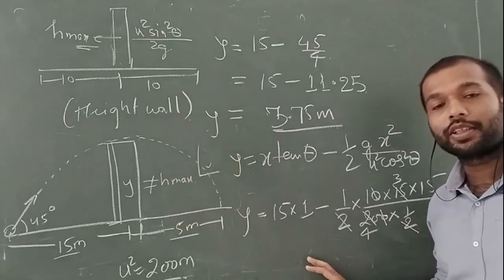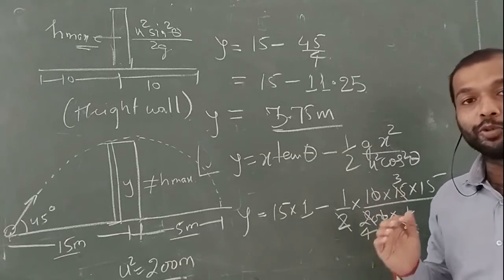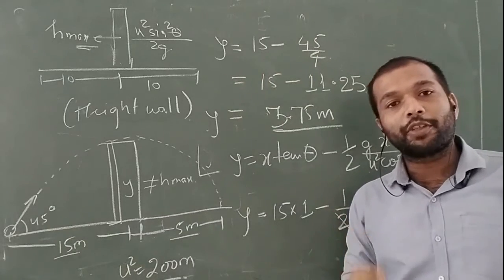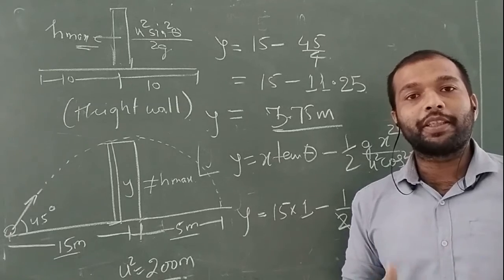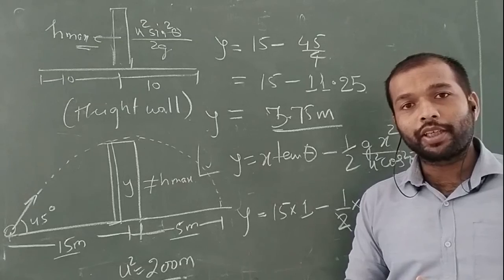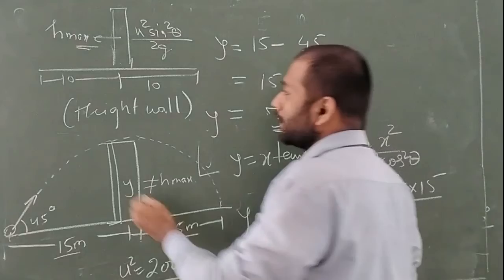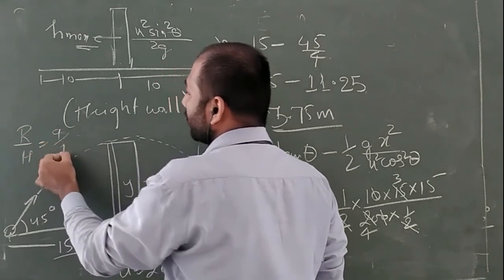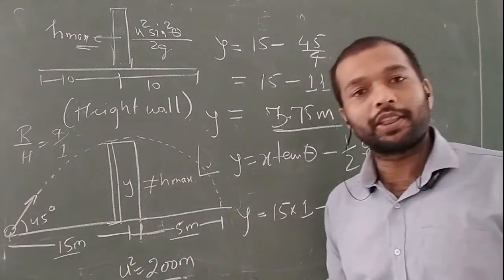So this was the important concept in this part of the question. And again remember which part has mostly helped us, that was the 45 degree. So the theta 45 degree is very important. Whenever this 45 comes, it should come to your mind that 45 will give you the maximum range. And you can use one more equation that I told you, that the ratio of r by h was approximately 4 by 1. That is also a very helpful equation for solving projectile motion problems.